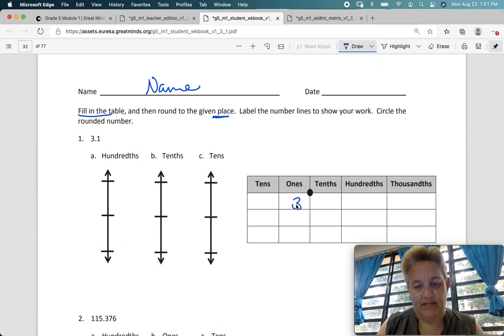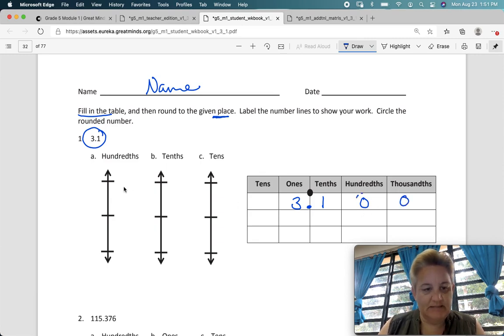3.1, 3 1/10. That's the number they've given us. Okay. Label the number lines to show your work. Circle the rounded number. Okay, so if we're going to round to the nearest hundredth, right? 100th, that's this number right here. Okay? So